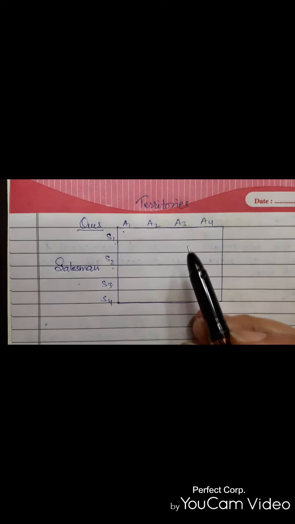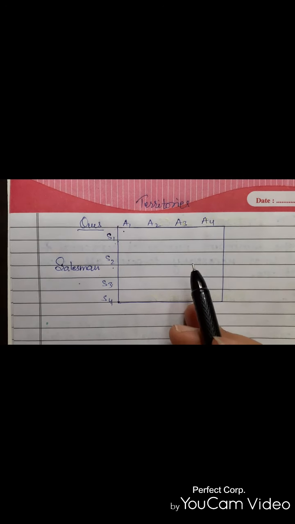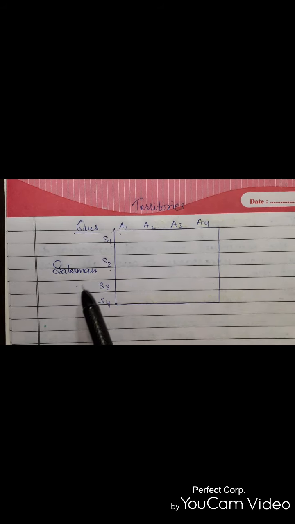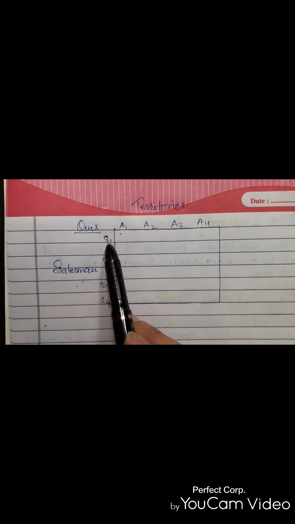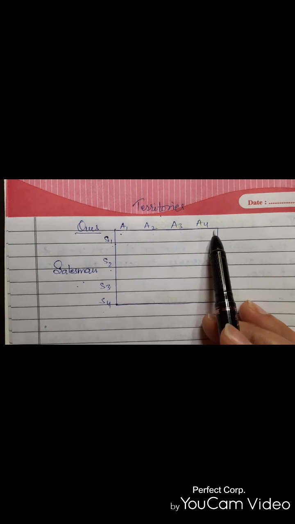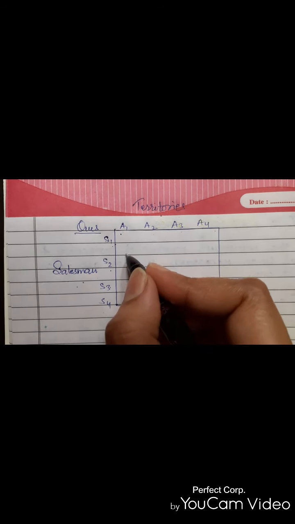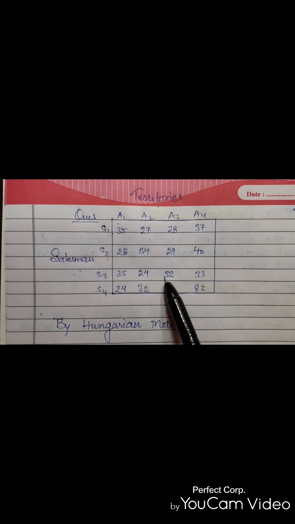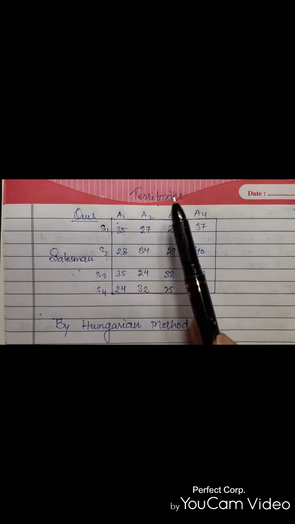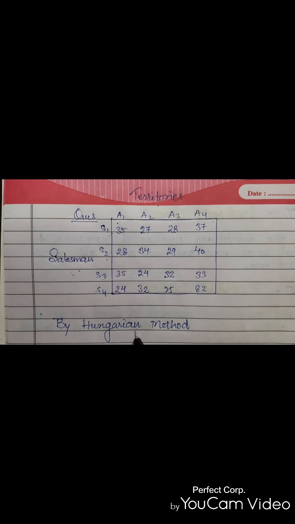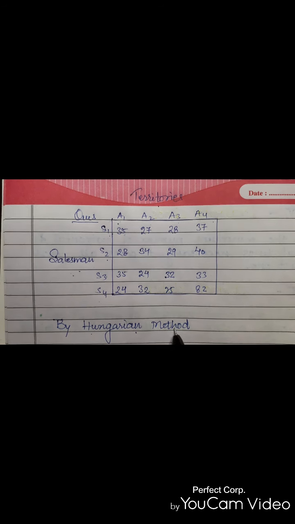Now let's learn the assignment problem with the help of an example and the Hungarian method. We are having a problem where we are provided with the salesman S1, S2, S3, S4 and the number of territories, that is A1, A2, A3, A4, and the values are. So this is the problem which we have to solve. We have to assign all the salesmen to the following territories, and the method which we used to solve this assignment problem is Hungarian method. So let's start solving it.